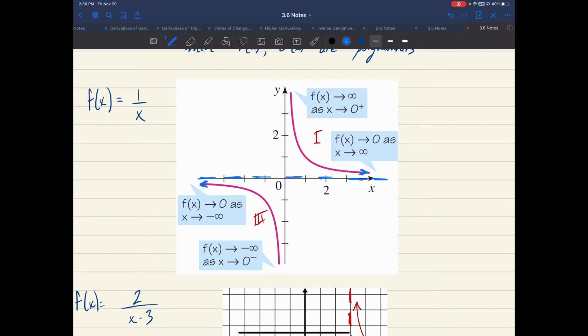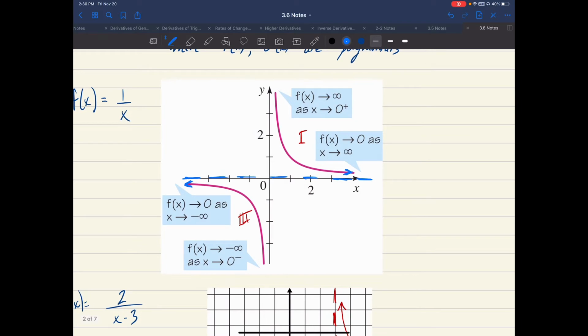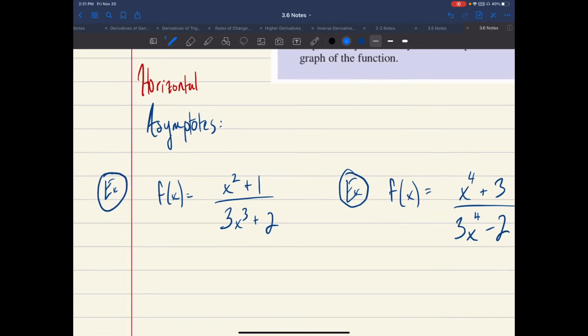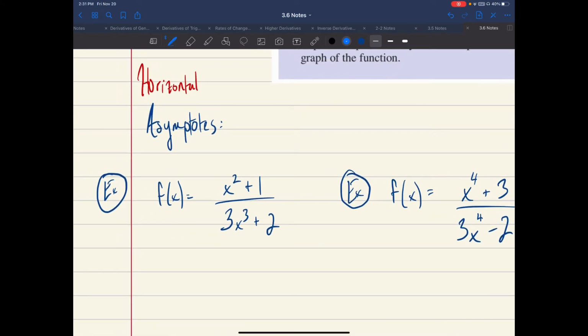Now, in some functions, it can cross the horizontal asymptote. You can't cross vertical asymptotes, but functions do cross horizontals. But at infinity, they will settle around that value. So if I go back to my example, purely from the algebraic representation of this, it's a little different. So what I see here is an x squared and x to the third. So what this tells me is that the horizontal asymptote,